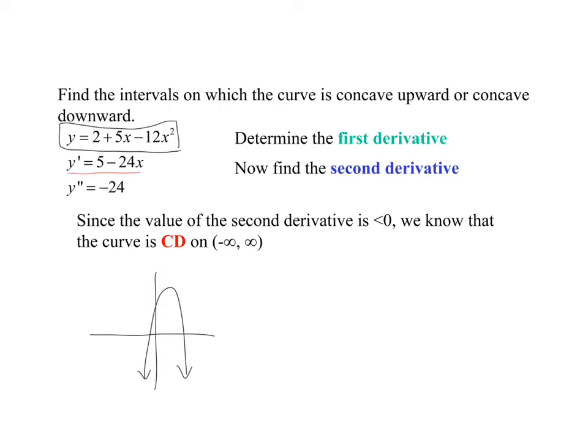So if we do our first derivative, we'd have 5 minus 24x. If we do our second derivative, we just get negative 24. So negative 24, doesn't matter what x value is, it's always going to be negative. So our number line will be negative everywhere because we don't have an inflection point. So what that means is we're concave down throughout the entire graph,